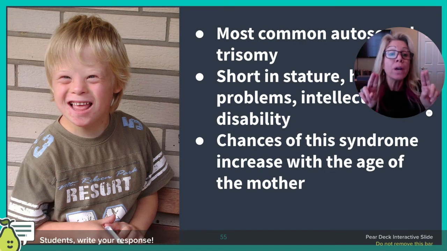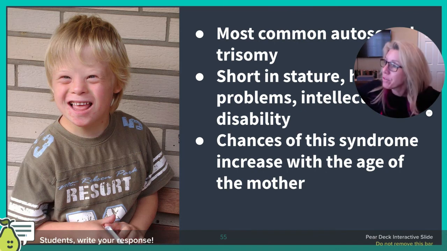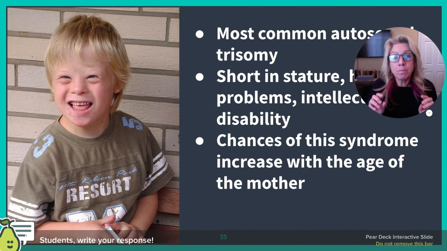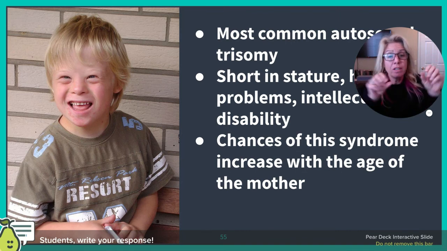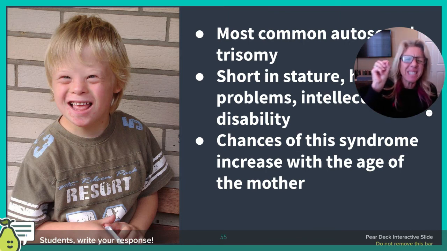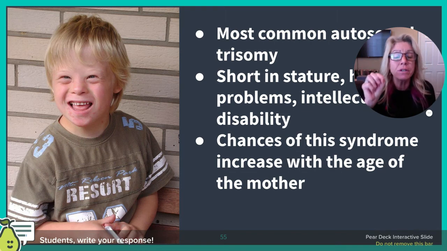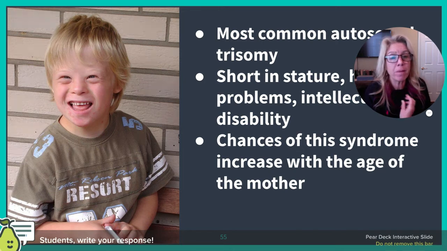And then we go, oh, okay, great, and then it separates. So the older you are, like I am, I always forget how old I am. I think I'm 54, okay? So my eggs and my ovaries are 54 years old. Some of the tiniest chromosomes have a hard time separating those sister chromatids because they've been stuck together for 54 years. So I would have a much greater chance of having a Down syndrome baby